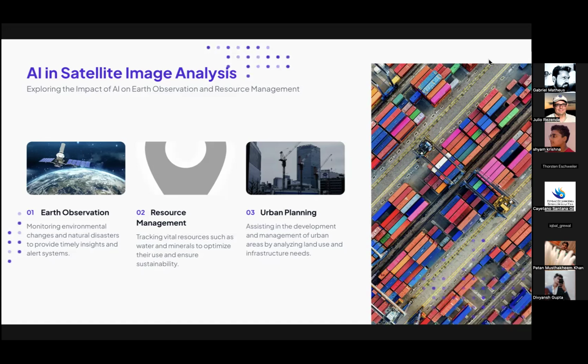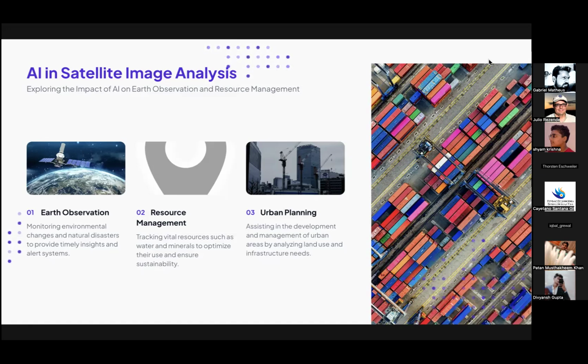Now, coming to resource management, how we can use the resources so optimally that we can push the satellites' operation to the maximum limit. How we can track and manage those resources. For example, if there is any human intervention, we can use around 90% or 80% of the satellite's potential. But by using AI and ML, we can perfectly squeeze out the satellite's operation and get the maximum out of it.